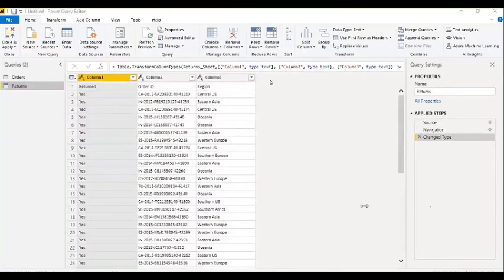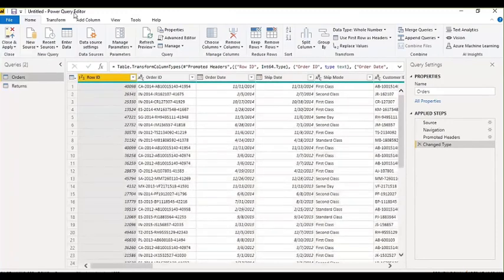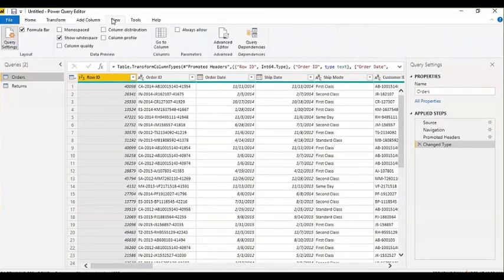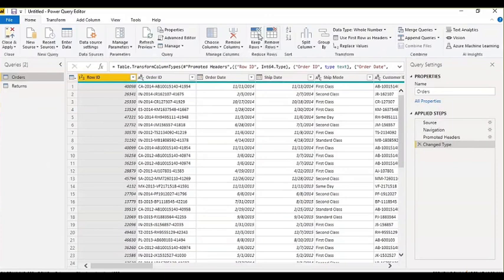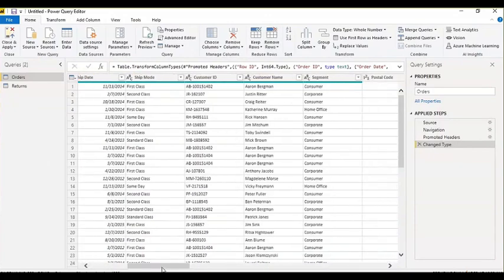Right, so now you can see the data has been loaded in another window, that is Power Query Editor. What is this Power Query Editor? It is basically a very powerful tool, and we can say it's an ETL place where you can perform all your data transformation. There are a lot of options under different tabs. We are not going into much detail in this session on all these operations. First we need to understand that once you have the data here, what you can do with the data and what you cannot do with the data.